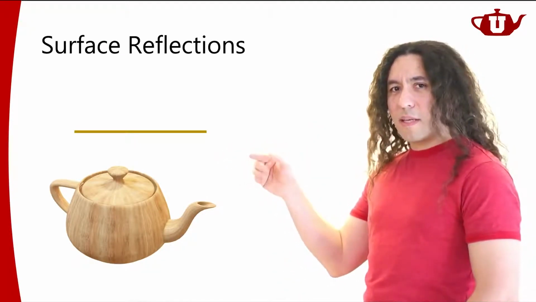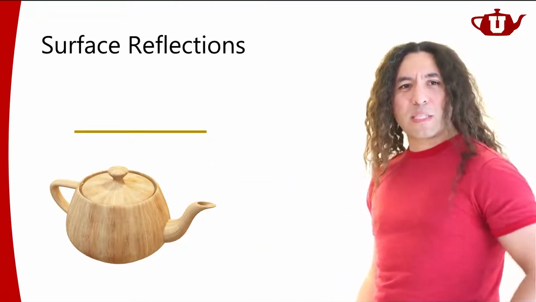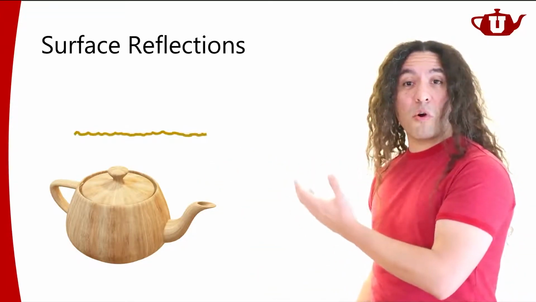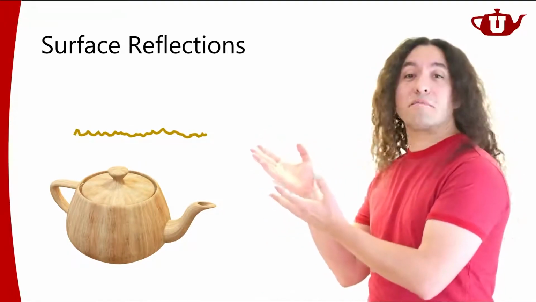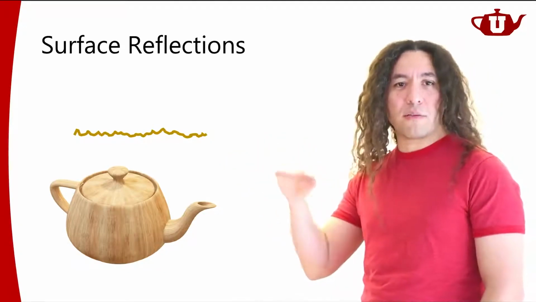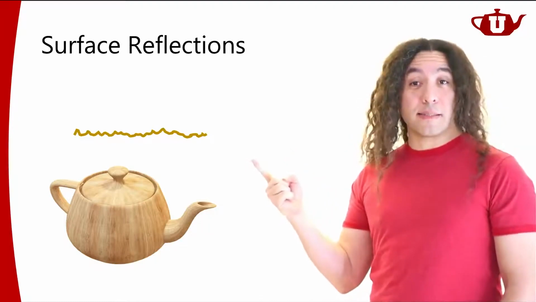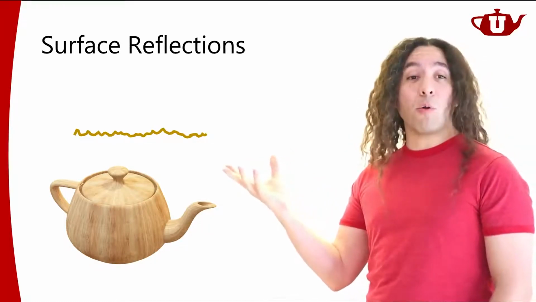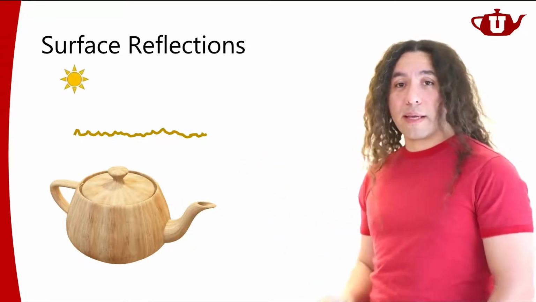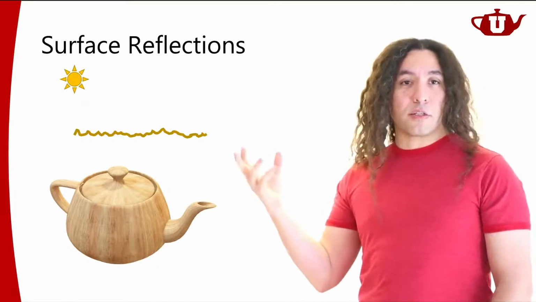I don't expect the surface to look perfectly flat like this, right? If you were to zoom in enough, I would expect the surface to look more rough, something more like this, not perfectly smooth. And this is how, if you were to put your hand over it, you would feel some roughness. The reason why we can actually see this is because of how light reflects off of this surface. So that's what we're going to look at today. We're going to examine what would happen if I were to shine some light on a surface.